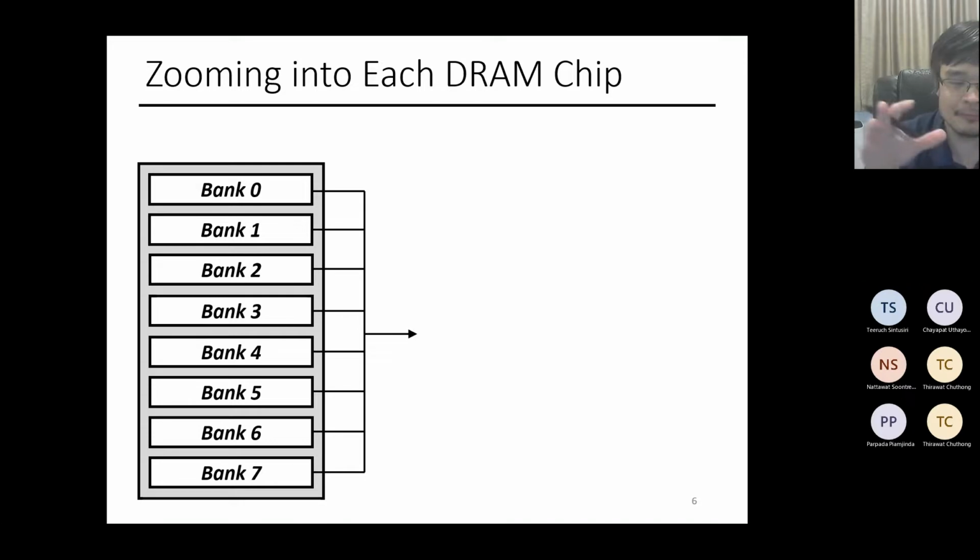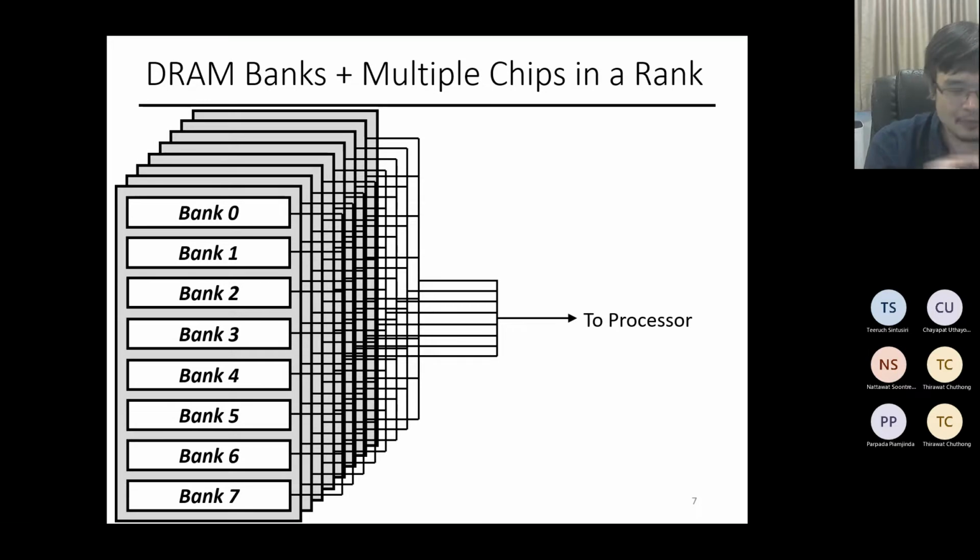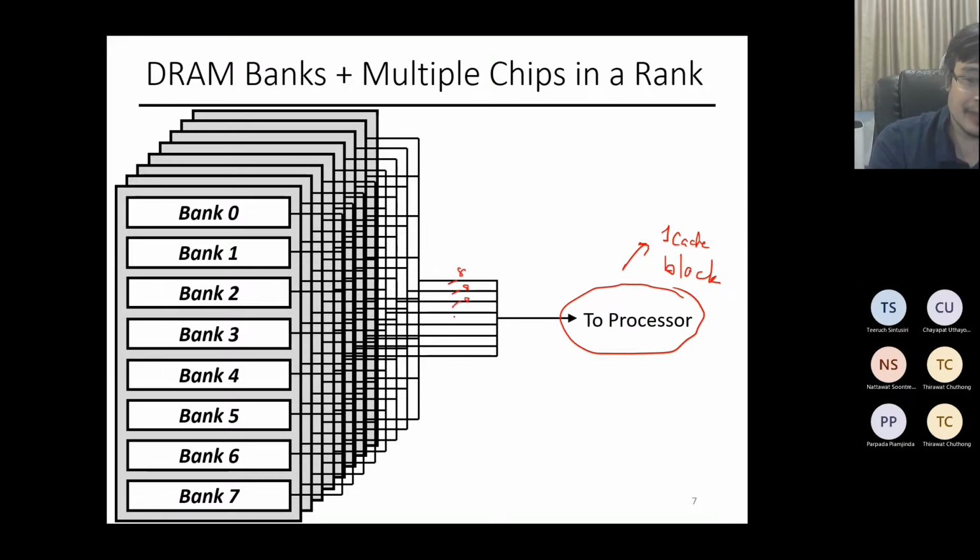And because there are 8 chips on your DRAM, 8 of them would work in tandem to give you one cache block. So this whole thing is one cache block. Which means that if I have 8 chips working together to send one cache block worth of data, let's say that's 64 bytes, each of these chips would send 8 bytes of information. So that when they combine together,